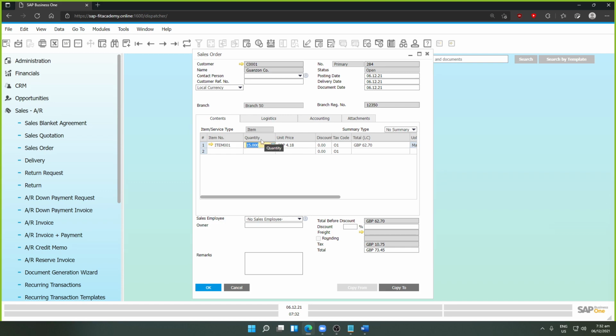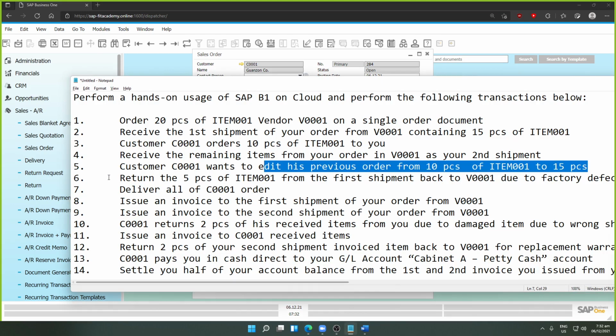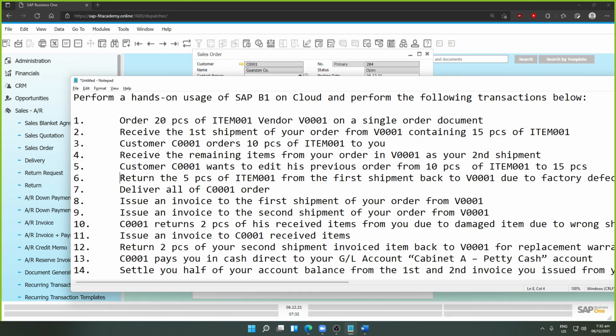Ayun po. Okay? So, there. Tapos na tayo sa number 5. Ayan. So, next po is return the 5 pieces of item 001 from the first shipment. Okay. So, magbe-base tayo dun sa first shipment, the first shipment. Okay. Babalik natin yon back to